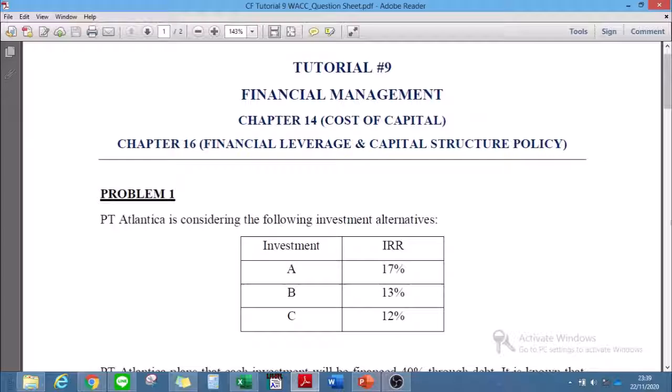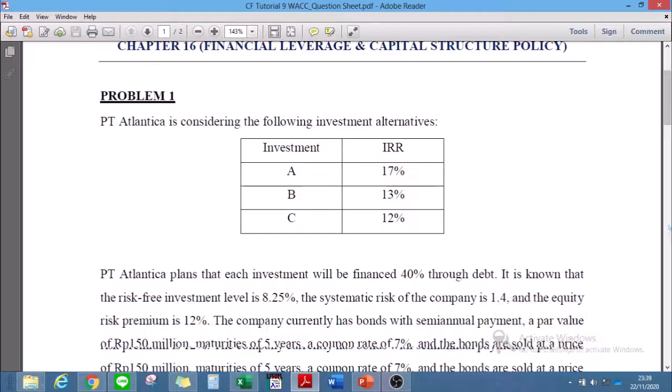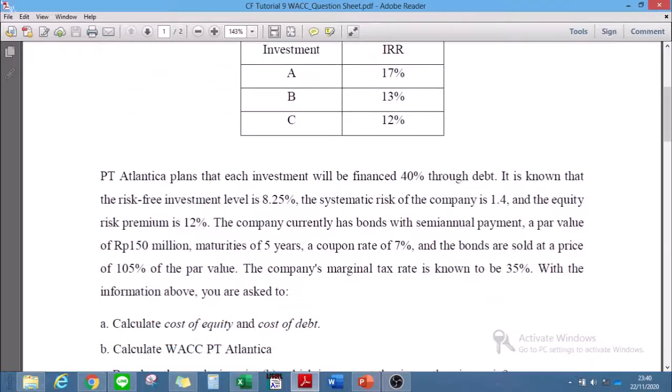Okay, so now we are going to discuss some questions. Okay, so problem one, PT Atlantica is considering the following investment alternatives. There are three kinds of investment with each respective IRR or the internal rate of return. PT Atlantica plans that each investment will be financed 40% through debt, and it is known that the risk-free investment